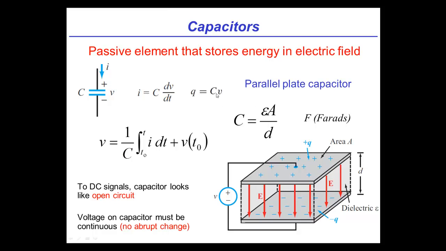So if I double the area, the capacitance doubles and the amount of charge doubles. And that makes sense, right? Because pretend I take another one of these plates and I glue it onto the end here, and the same with the bottom, I'm going to get twice as many of these little plus signs over here, right? The same amount over here, and the same amount of these negative signs over here, and the voltage will stay the same. So that's a quick, intuitive notion of how this geometry gives rise to